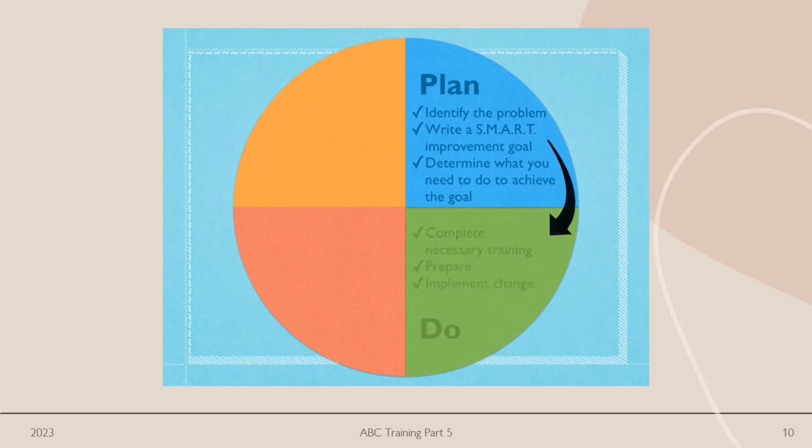And once we've done our planning, we're going to actually put some things into action. So you can see with the PDSA, you plan something and then you just try it, and then we'll evaluate later if it worked or not and what we need to do better. So we may need to complete some training, like learning how to use a piece of technology or learning what differentiated instruction really is. We may need to educate ourselves a little bit. We're going to make our preparations, and then we're going to implement some changes. We're going to follow those strategies that we put into place.